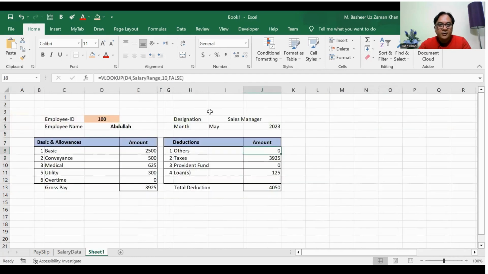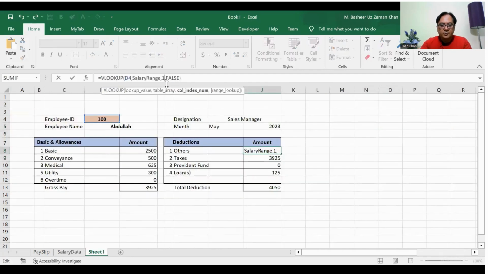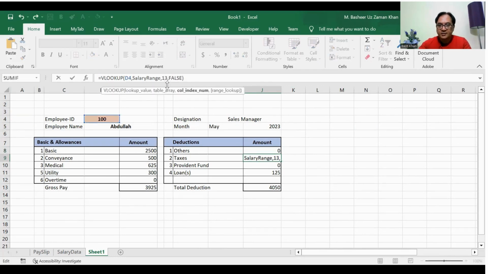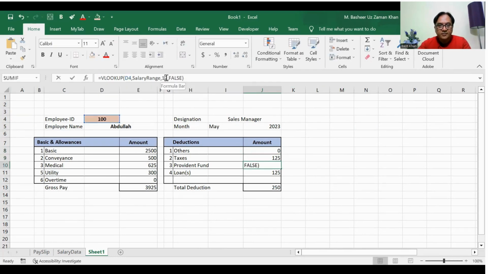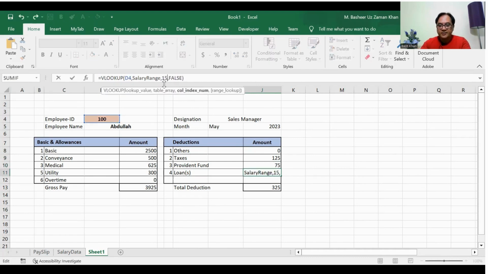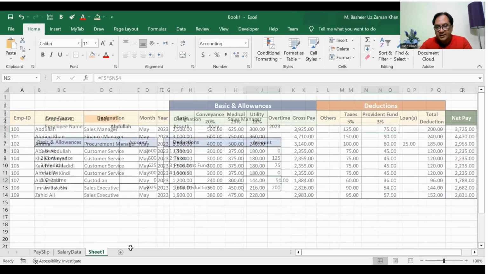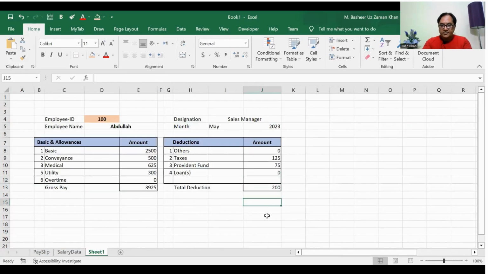Okay, like this. So this is going to be 12. This is going to be 13. This is going to be 14. And this is going to be 15. All good. 200 is the deduction. Yes, 200 is the deduction. Okay, so now we are going to say